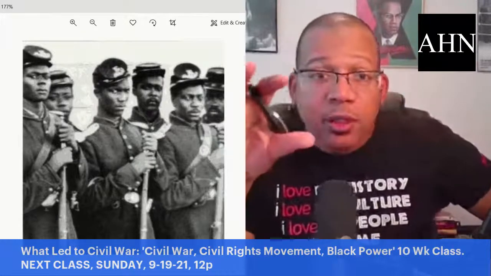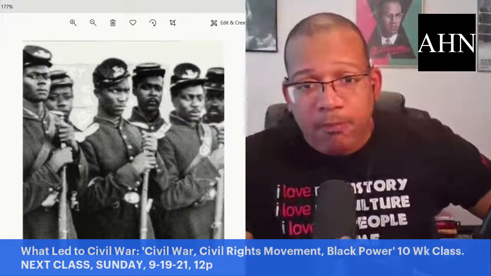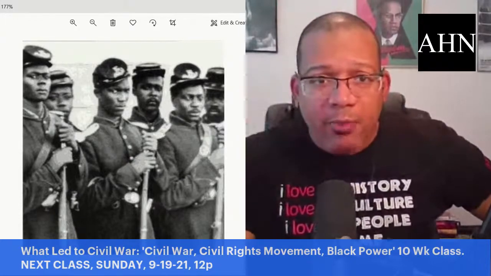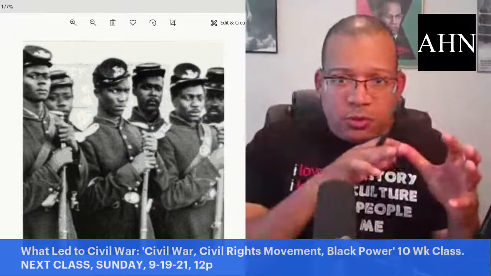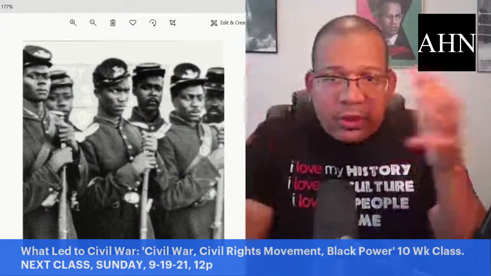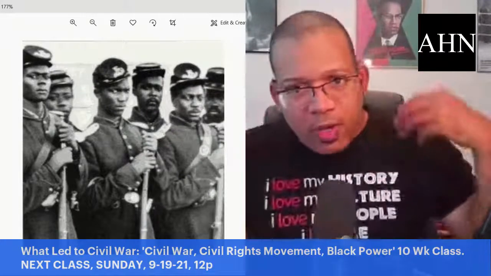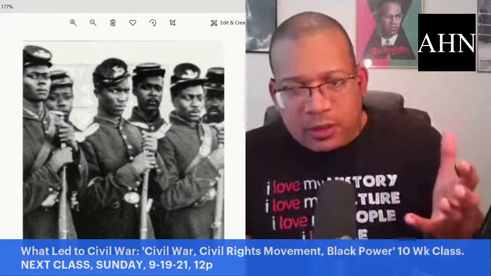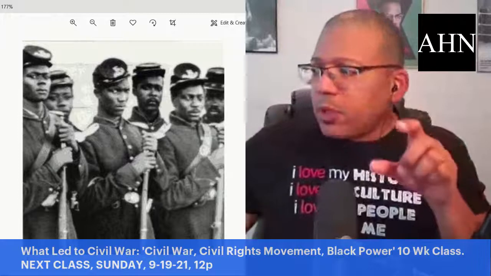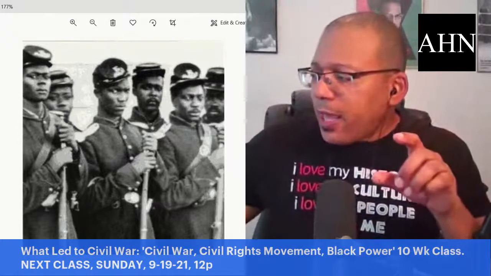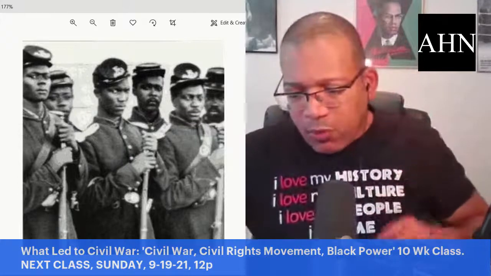the formation of the Republican Party in 1854. And the Republican Party is formed by groups of abolitionists who are the counter to, at the time, largely the Democratic Party. And the Republican Party, they want to end slavery. So you have the formation of the Republican Party of 1854 as a backlash to the Kansas-Nebraska Act of 1854.